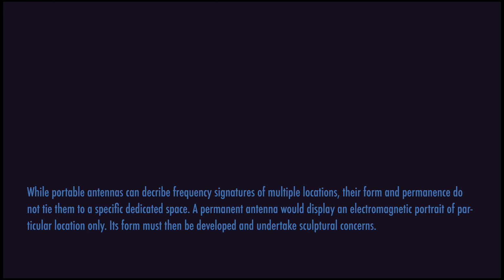So with these portable antennas and the animation, I have a lot of material. And I start to think about that. A portable antenna means it's a certain shape, right? It needs to be able to be carried around and sample in different locations. But that means it's taking discrete information at different moments in time, versus what happens if it's more permanent and it gives us a longer view of one particular place. Does that let us understand its specificity a little bit better?